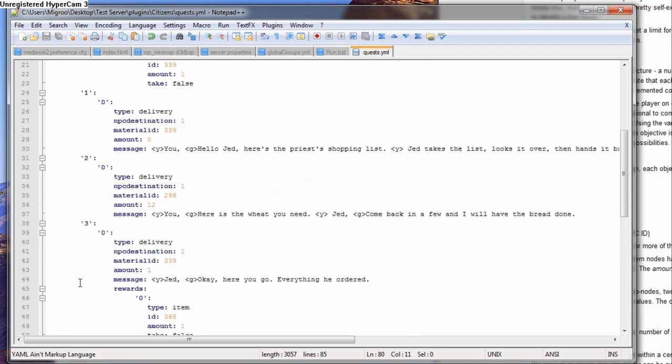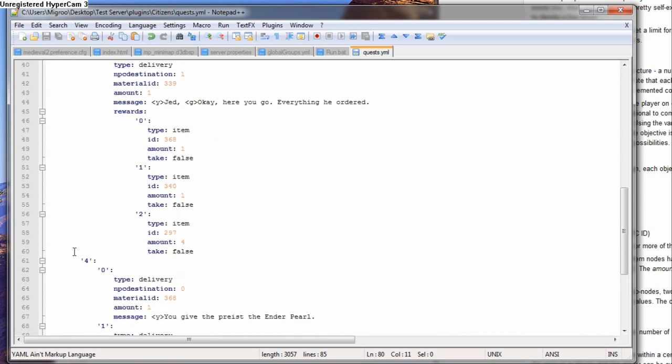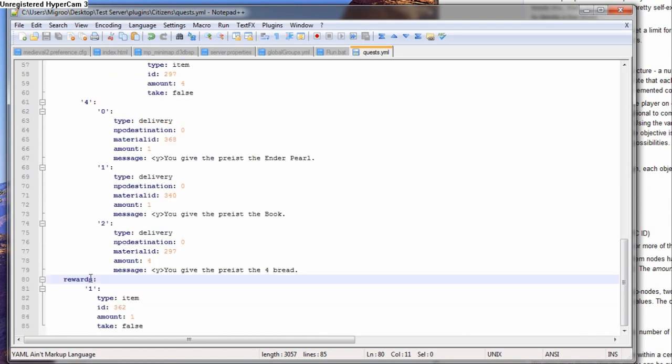Now, the rewards, as you can see, are on the same level as the objectives. You know, the 2 little tags there, which I guess that's probably what you call it, since YML stands for yet another markup language, I think, something like that. Anyway, I've got this one set to 1. It doesn't have to be 1. It could be 0. It's probably actually better. We'll just change that to 0 real quick.